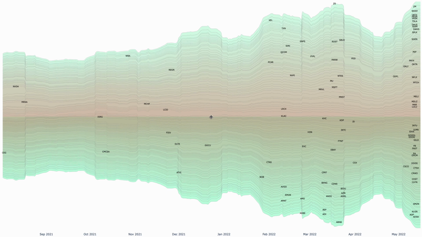So the x-axis is your simple date axis, and this one starts sometime in August of 2021 and goes till now in May 2022. The width of the graph here at the end in May implies that across components we are seeing very high realized volatility. In fact, the highest amongst components since the sell-off started in early January, even higher than in the